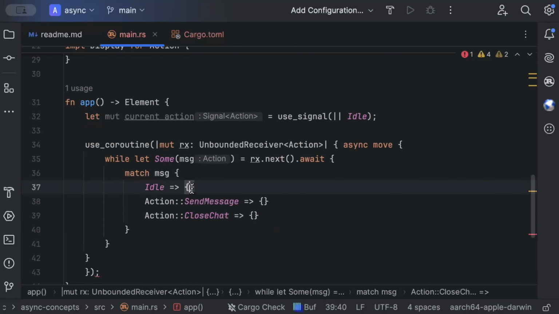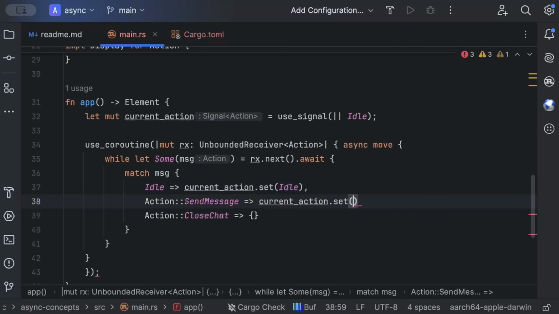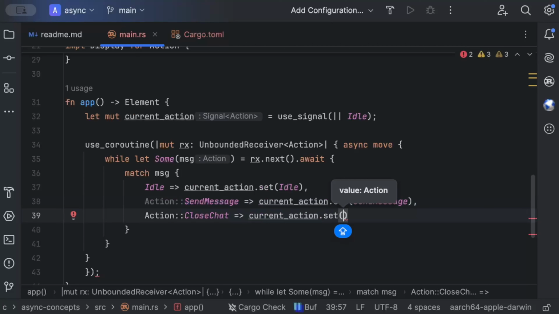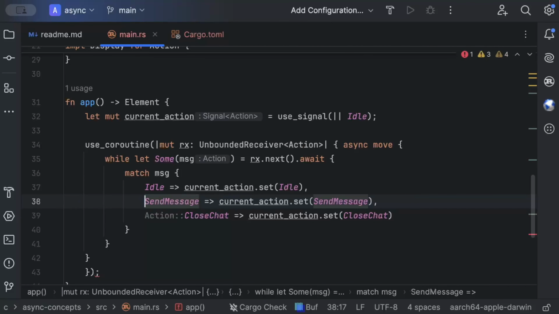In case the action is, let's say, idle, then we want to set the current action to idle. Similarly, if it is send message, then current action to send message, and current action to close. Now, what could be another use case that we can perform here is when we receive send message, we